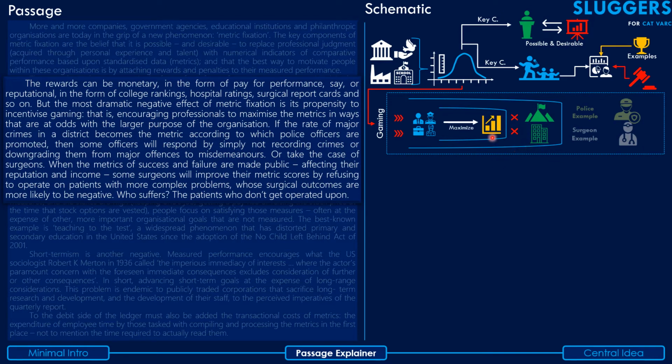Anyone is more likely to fail because it's a difficult surgery, right? And again, that goes against the overarching goal of the organization, right? The overarching goal, in the case of surgeons, is to help people irrespective of how difficult the operation might be. But then metric fixation is enabling a different kind of behavior here, which the author has termed as gaming, right? So that's what the author says in the second paragraph. Okay, I hope that's clear. Let's move on to the next one.